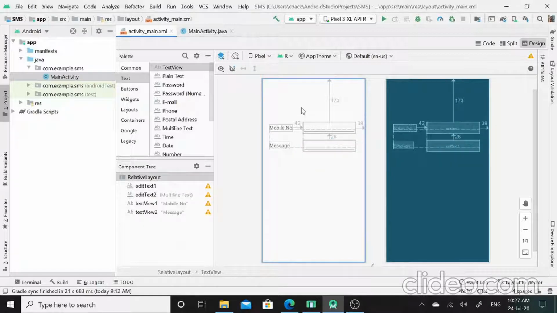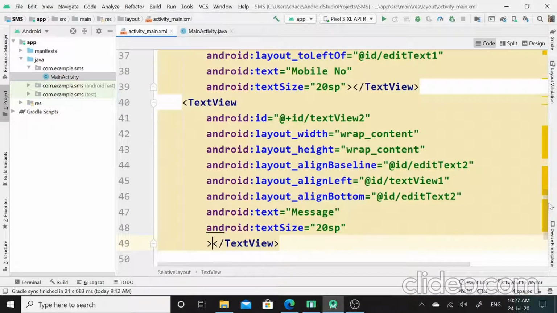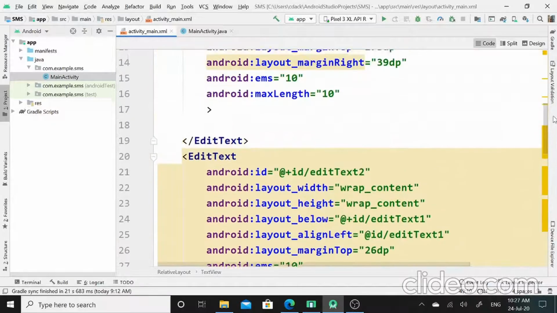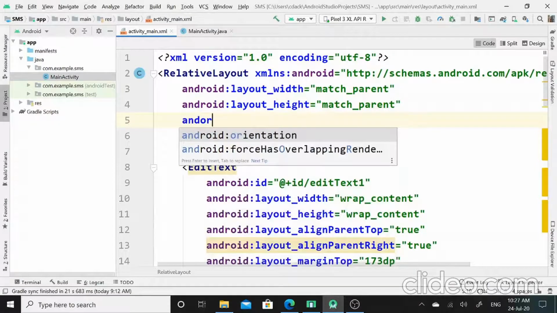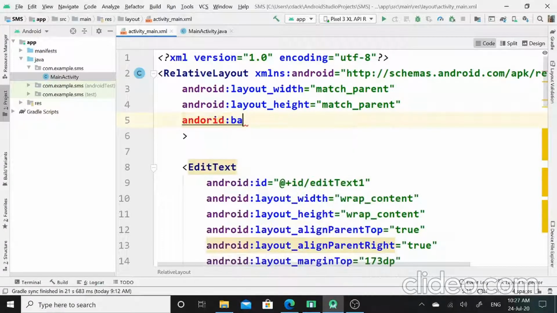Now to set the background color for this relative layout, I will go to the relative layout tag. Here below the layout height property, I will set its background attribute.